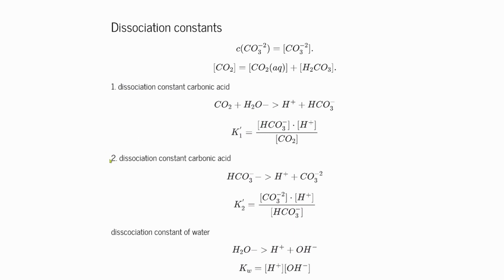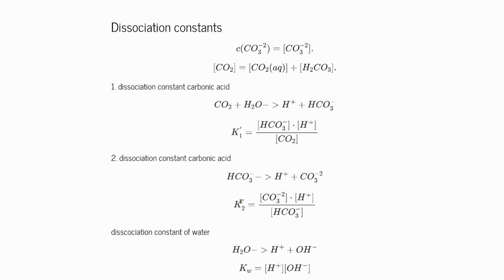Then the second dissociation constant of carbonic acid describes how the bicarbonate reacts into carbonate and the H+. Again, same equation, we can rewrite it to express the carbonate ion